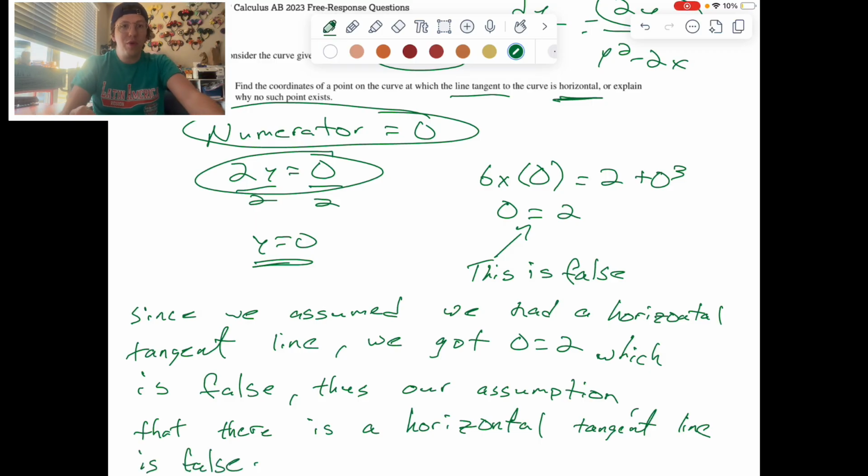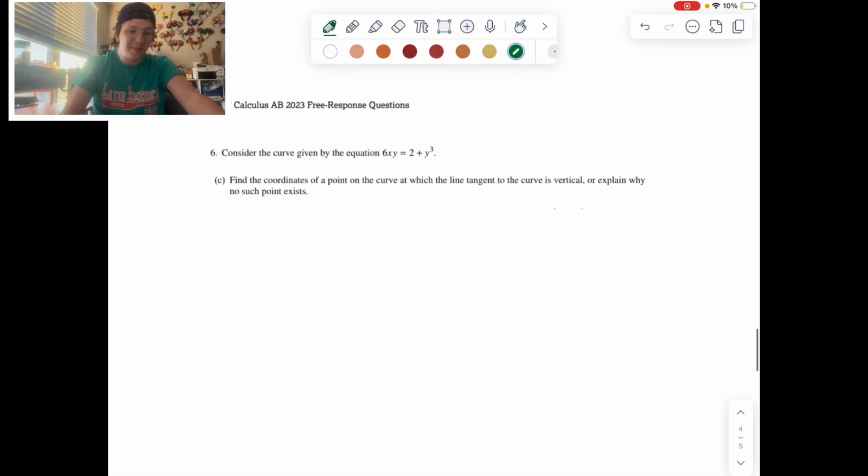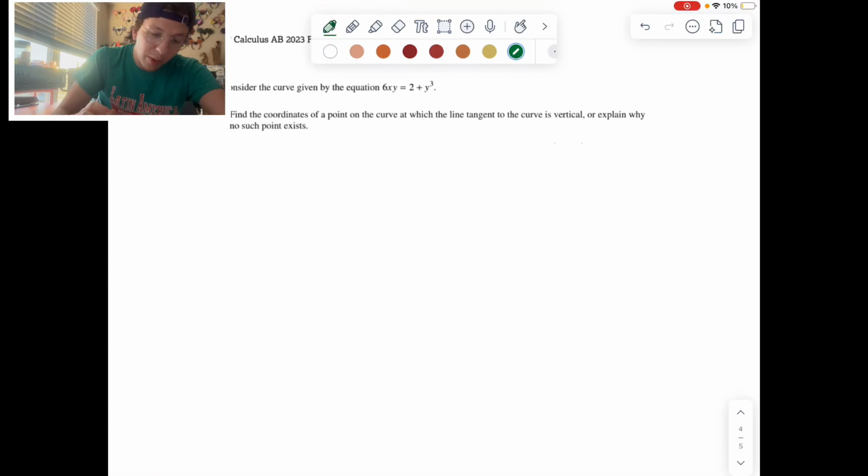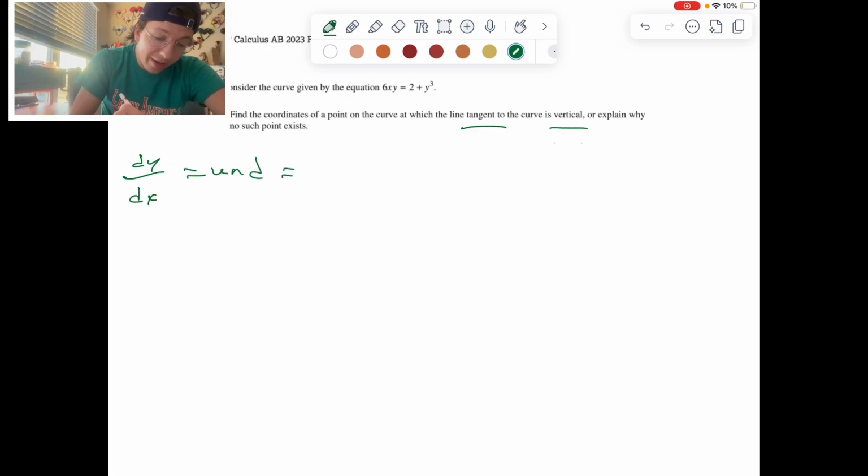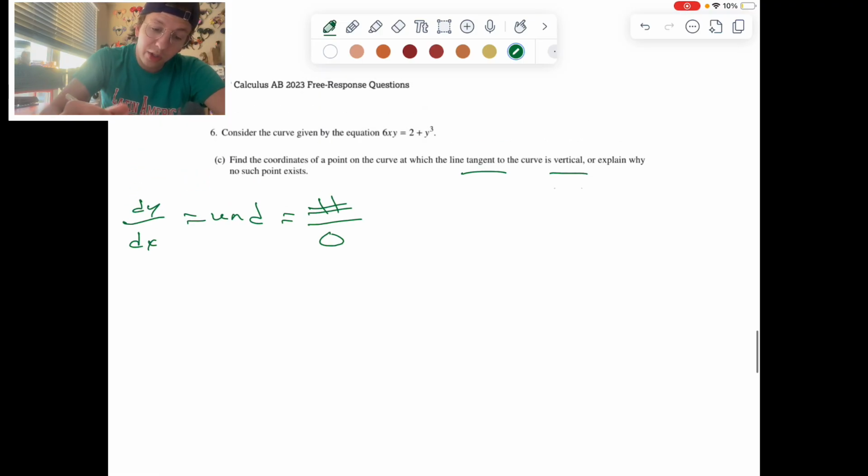Beautiful. Let's go to part C. Part C is very similar. So part C is find the coordinates of the points on the curve at which the tangent line to the curve is vertical. Okay, so vertical tangent line. What's the slope? That is an undefined slope. It's a vertical tangent line. Guess what? How do I have a vertical tangent? Our derivative dy over dx is undefined. I know that it is some number divided by 0. So guess what? I need to set the denominator of our derivative,